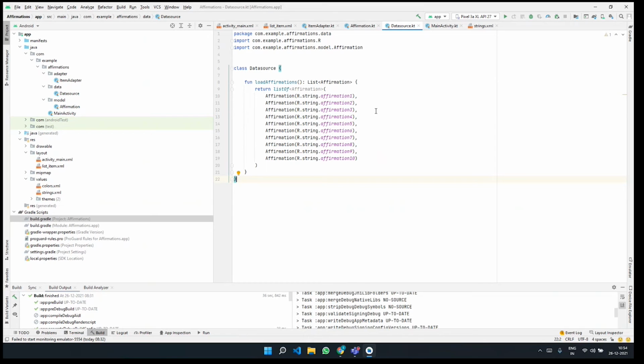So this is the most interesting part of the entire application. Here is where I'd be adding a recycler view to my application. Until now, we have been discussing what recycler view is, what the use of recycler view is, where it is used, etc. So in this particular part of the application, we would be adding a recycler view to display the list of affirmations, right?